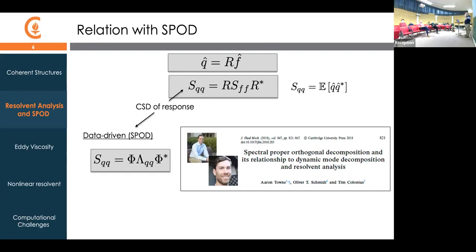Let me just say a few things about how we can compute these SPOD modes. One thing I want to say is that it turns out that SPOD is a kind of DMD. We've interpreted it as sort of an optimally averaged DMD. And in that process of doing that optimal averaging, it gets some nice robust properties that DMD generally doesn't have. So this SPOD algorithm is not very sensitive to noise because of the averaging that's done. And the algorithm to compute it is classical, right? It's basically Welch's method, the Welch periodogram, to compute the cross-spectral density sequence.